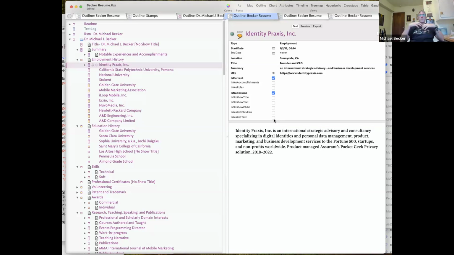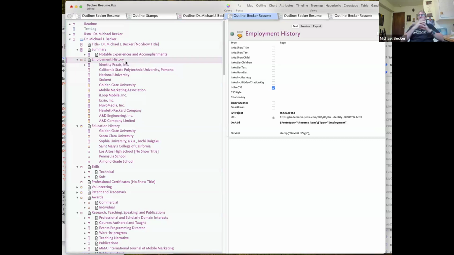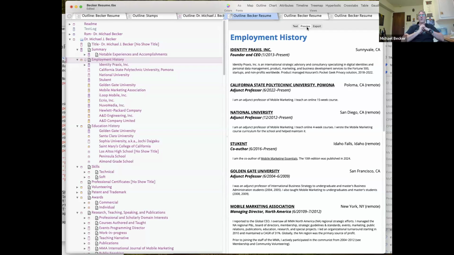Now let me show you some of the ways this kind of propagates it out. And I'm going to be bouncing back and forth between the what, the why, and the how as we go through this discussion, because I also want to show you the outputs, not just the mechanics of the sausage making in the process. So if I'm looking at an employment and I go ahead and I review this whole item,